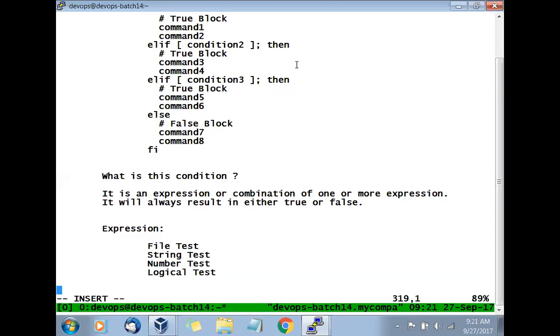File test, string test, number test, and logical. Is that clear?